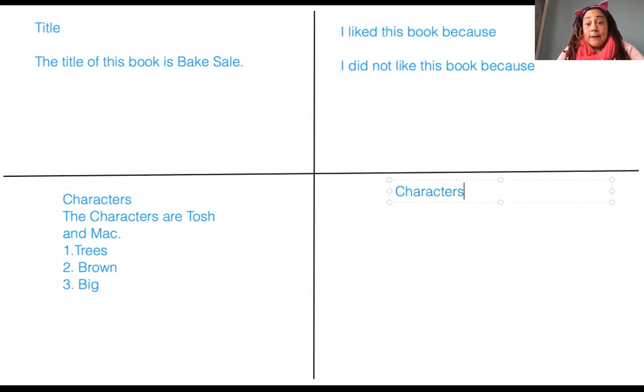And we have still more characters, or a character, right? So who was the other character in our story? The other character, sorry, Miss Pikes has to spell that right. The other character was, oh, guess what? I forgot his name. So guess what? We can go right back to the story and take a look. It was Billy. I'm sure you guys didn't forget that, but I did. So my apologies. Okay. But the other character was Billy. All right. So we've got Billy there, and we're going to put a period. Okay. Now,